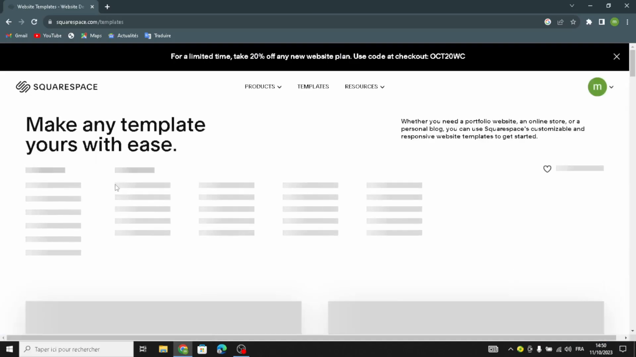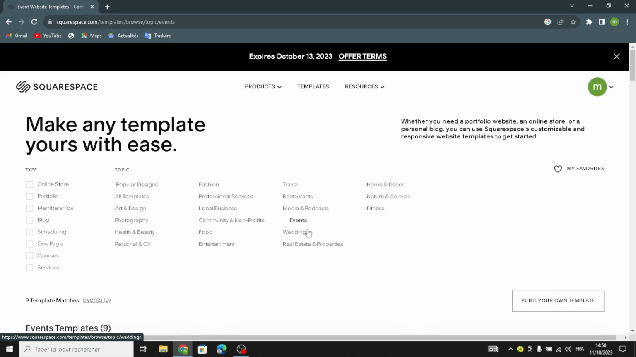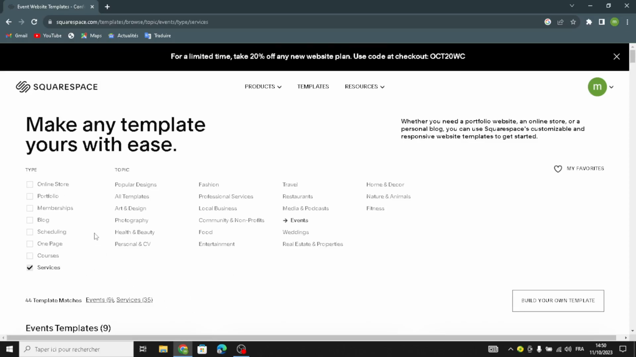First, here you have to choose the topic and the type of your business. So the topic might be events planning, and the type services, and maybe it's blog. Okay,